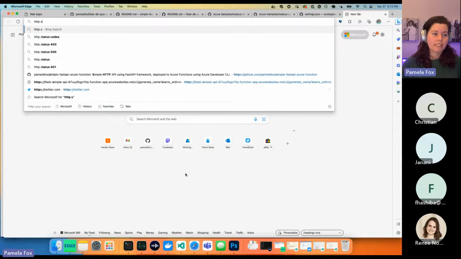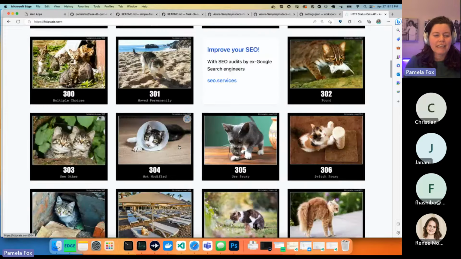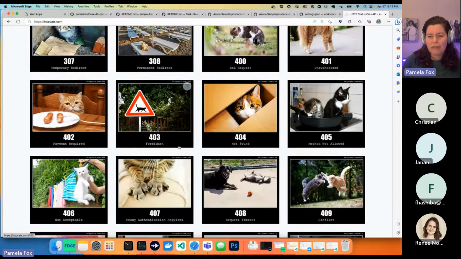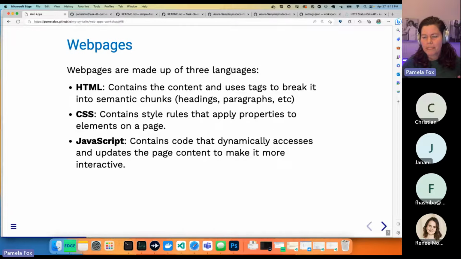There are quite a few status codes out there. My favorite way to browse the status codes is httpcats.com. You can find your favorite cat here, as it shows you all the codes and the cats that represent them. The most common other one is 404, which is when it doesn't find the path. And then typically these responses are web pages, and web pages are usually made up of HTML, CSS, and JavaScript. We're not really going to be talking about those here, but I do love those languages as well, because that's what enables me to make web pages.